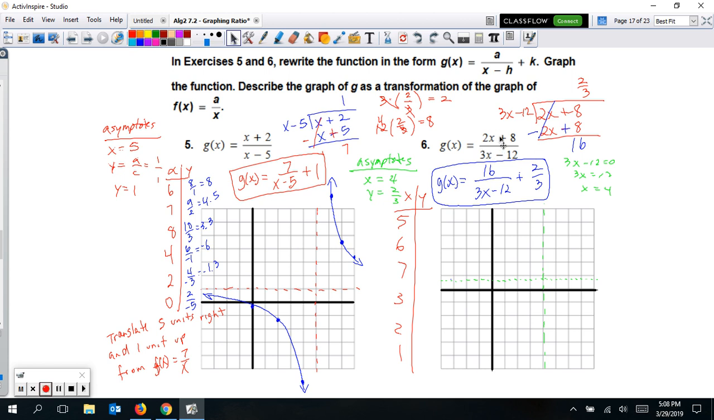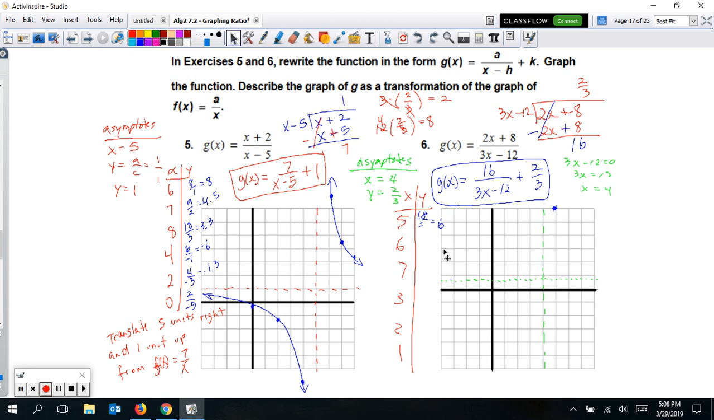So when I plug 5 in, it's going to be 2 times 5. That's 10 plus 8 on the top, which will give me an 18. 3 times 5 is 15, 15 minus 12 on the bottom, which is 3. So 18 over 3 is actually 6. So 5 comma 6. We're going to go right 5 and up 6, puts us all the way up